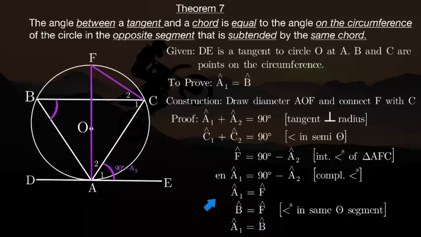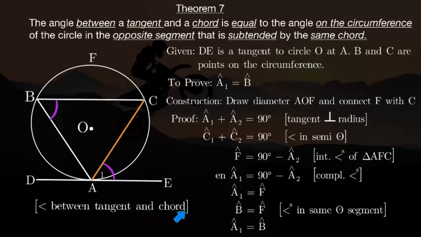And we are done. Okay, so now we know that this angle is equal to the angle in the opposite segment that is on the circumference if it's subtended by the same chord. Now we call it angle between tangent and chord, and that is the reason you can use when we get to application. Okay, excellent. I hope you could follow nicely,